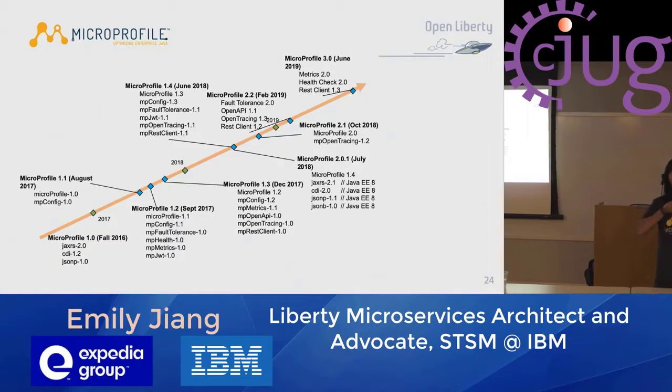We want a rapidly moving community where you can release fast, see what's in demand, and just come up with a solution to meet the requirement. MicroProfile does exactly that. It started in 2016, and within these 3 years we have had about 9 releases. We released MicroProfile 3.0 in June, and in a few weeks' time, in October, we are going to release MicroProfile 3.1.